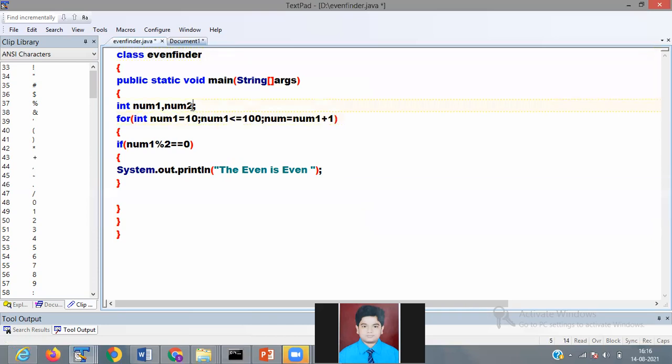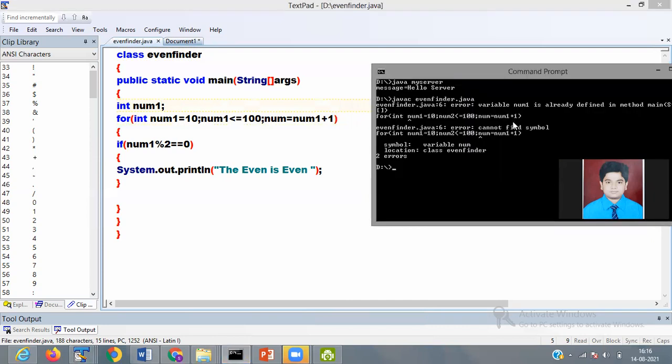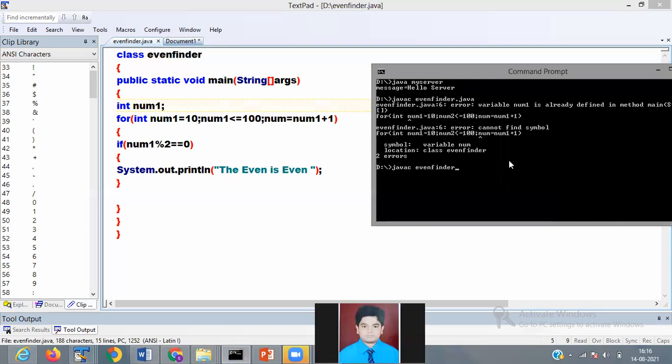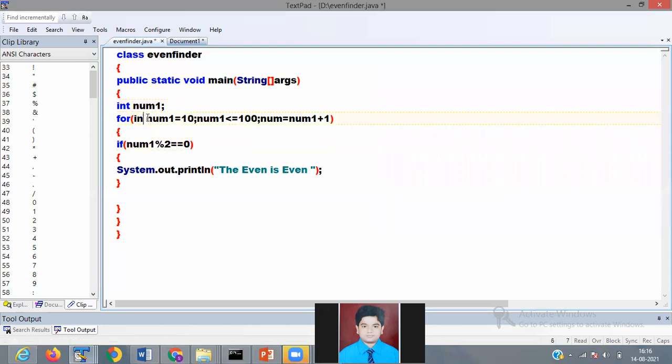There is no requirement of num2. Again, int is not required.